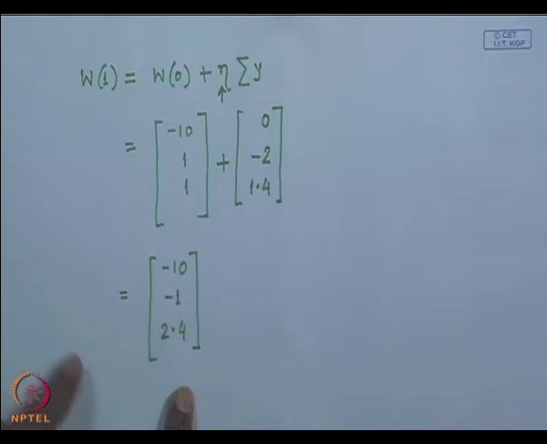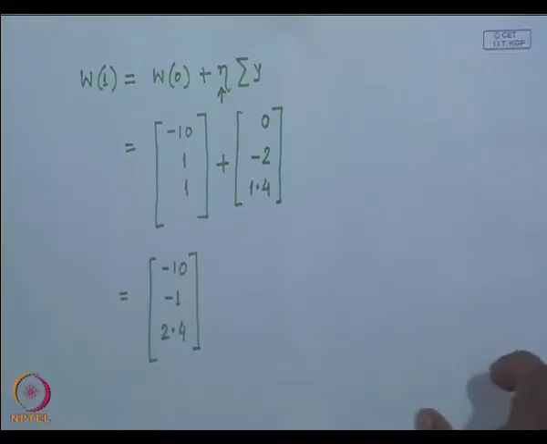Now, as I have this W1, I have to try to classify all those samples y1 to y8 using this W1. So, I have to compute W1 transpose y1, W1 transpose y2, W1 transpose y3, up to W1 transpose y8. And I have to identify all those y's for which W1 transpose y is negative. These are the y's which will be used to update W to get W2. So, if I compute this, you will find that